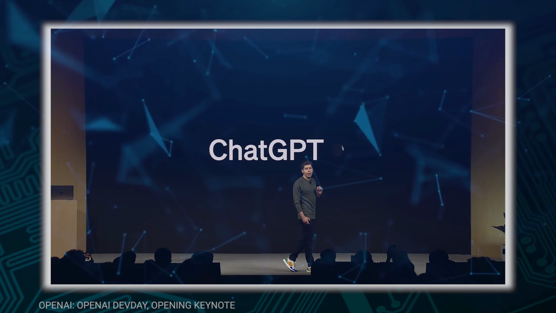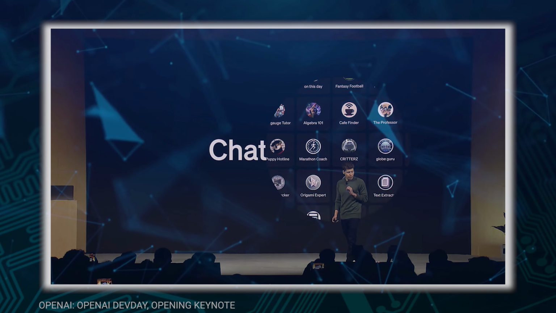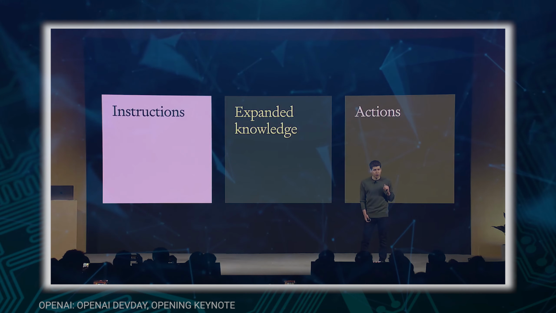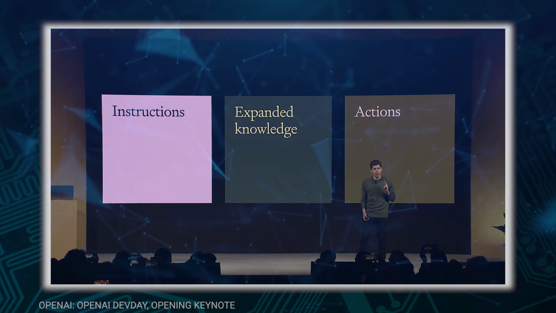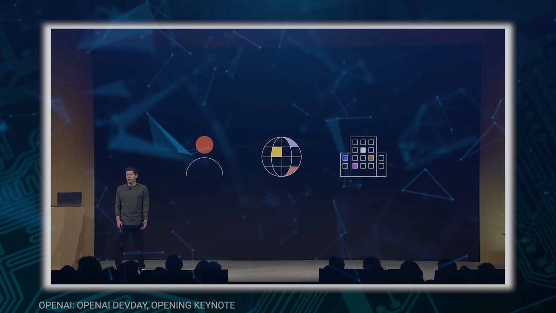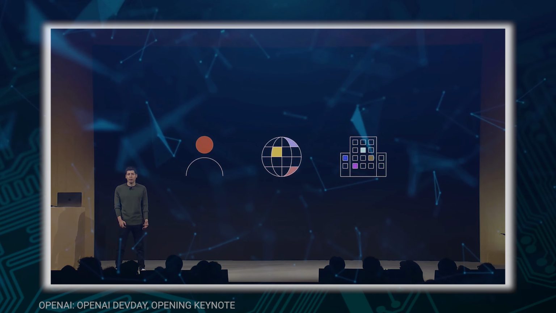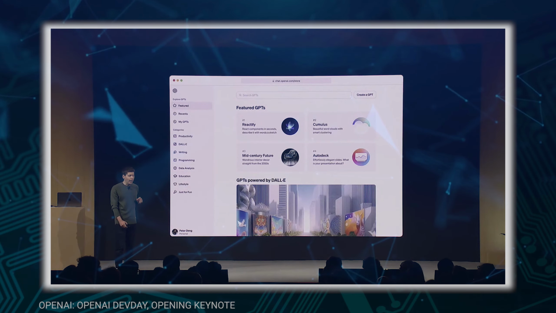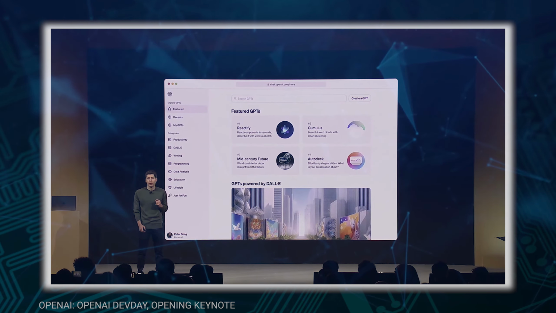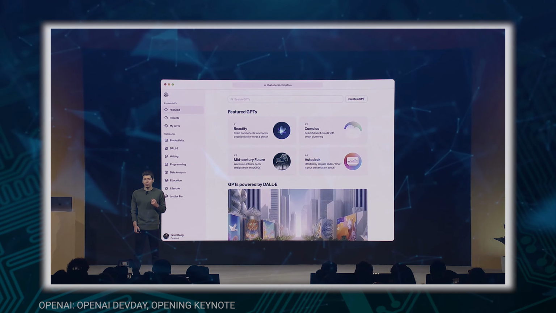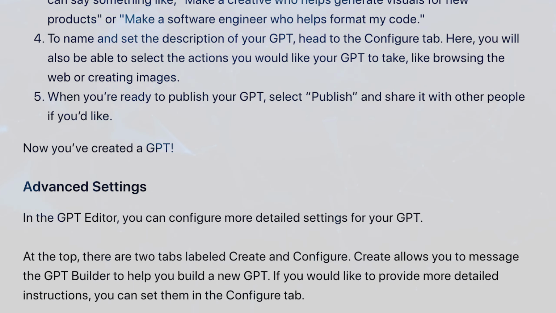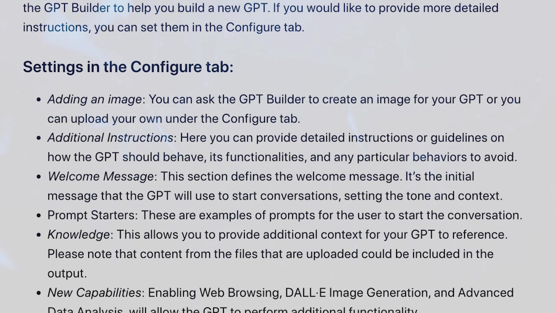OpenAI has introduced GPTs, a means for individuals to create their own iterations of the widely popular conversational AI system. This allows for the customization of GPTs for both recreational and productive purposes, with the potential to share them on a marketplace dubbed the GPT Store, potentially leading to monetary gains. For example, developers or companies can utilize a GPT trained on their proprietary code, facilitating quick style checks and harmonious code generation. Creating a GPT is as simple as engaging in a conversation with ChatGPT and specifying your preferences.